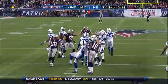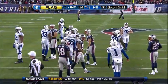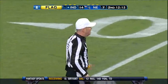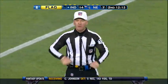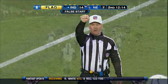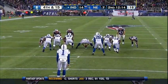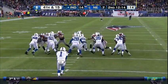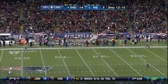And a whistle first. False start, left gunner, 5-yard penalty. 4th down. Streak going through Cleveland, Tennessee, Miami, and Jacksonville. But now, game to measure yourself against New England. McAfee, not nearly as good as the one that didn't count